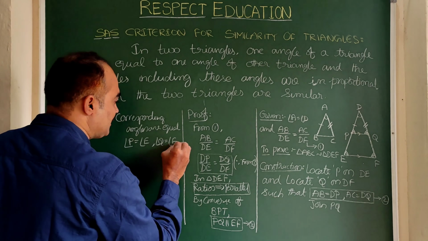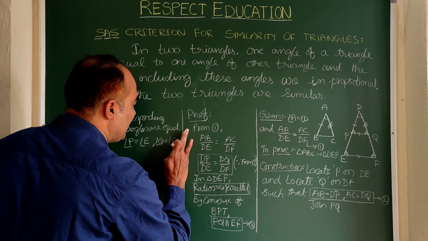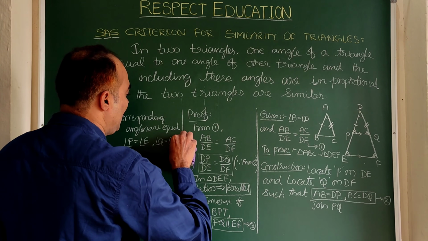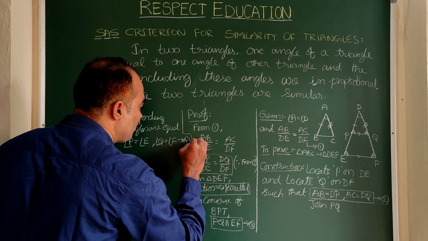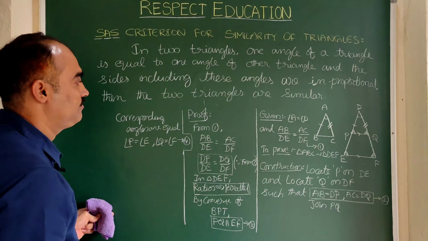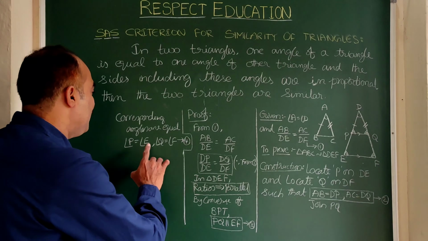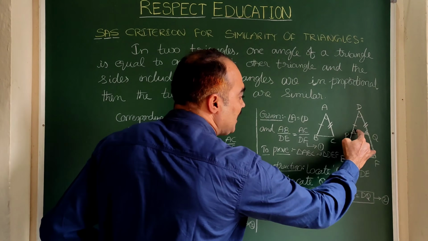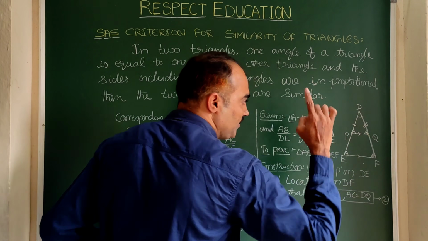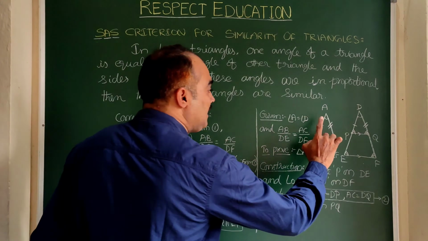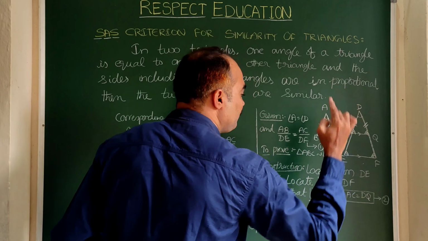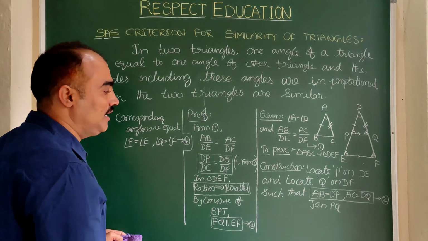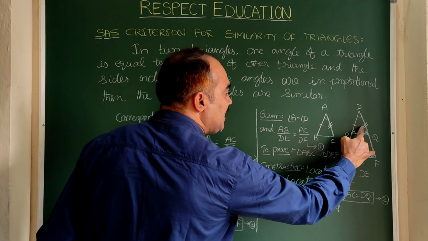Let us take it as equation number 4. Here, as I do not have place, I am taking this small gap. Right, clear? Now we got angle P equal to angle E, angle Q equal to angle F. Fine. Let us go to the original triangles ABC and DPQ and compare them. Here you see triangle ABC and triangle DPQ.